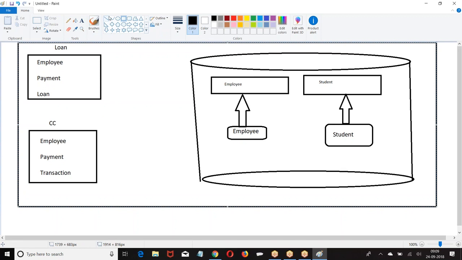So, if I say employee, this application is referring to the employee table. This is also referring to the employee table. Why? The data belongs to the same company. So, on one object, how many tabs can we create? On one object, only one tab. One tab will be a part of multiple applications. I hope you are good with this. People are good with this. Any query from your end?